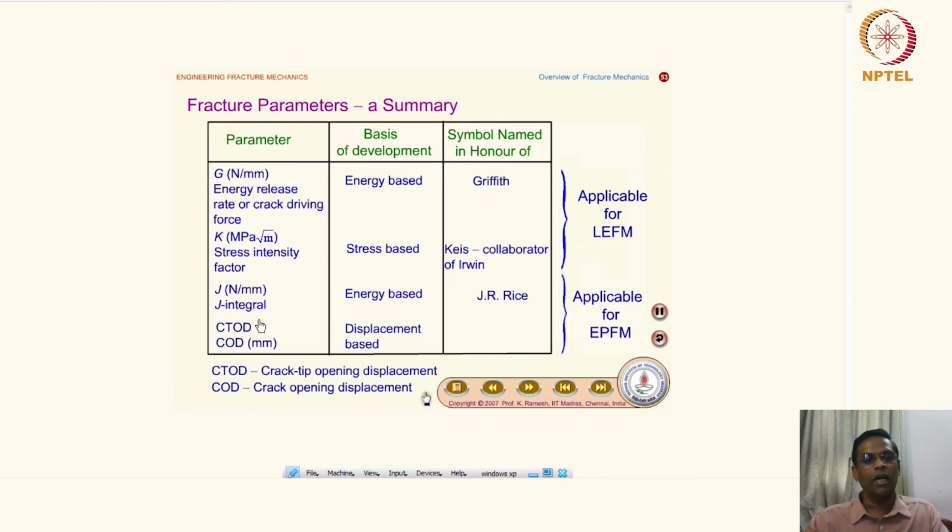And the last one is CTOD or COD, crack tip opening displacement or crack opening displacement, which is measured in mm, which is a displacement based parameter proposed by Wells. It's basically from UK. And what you see here is the first two parameters are applicable for LEFM, and the later ones are applicable for elasto-plastic fracture mechanics. So very important slide to remember. We are going to look at them one by one in